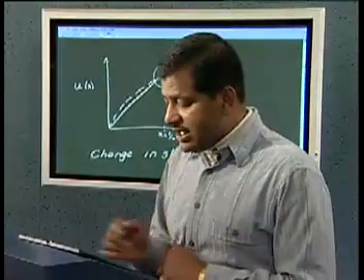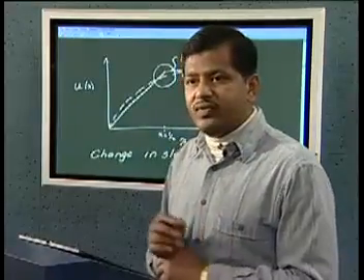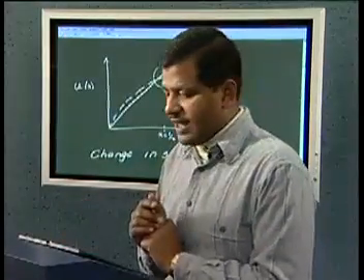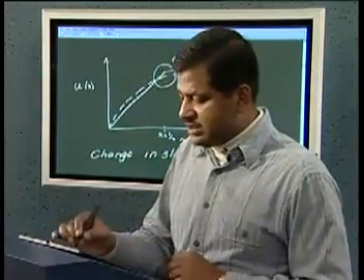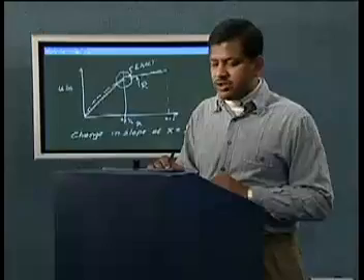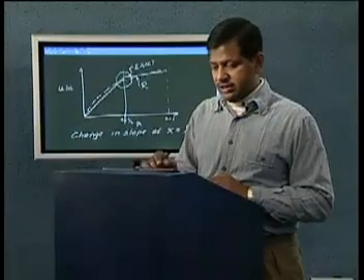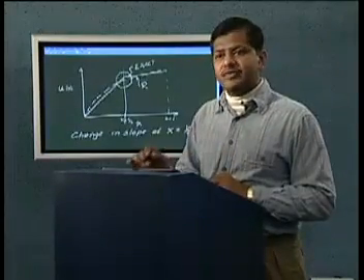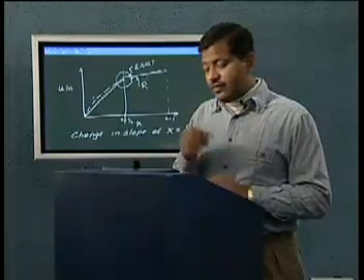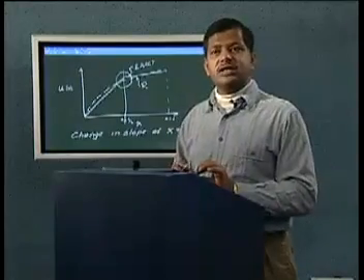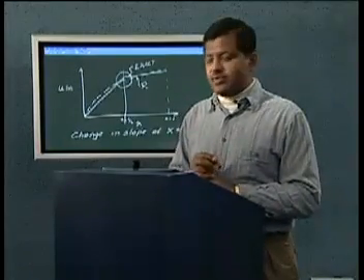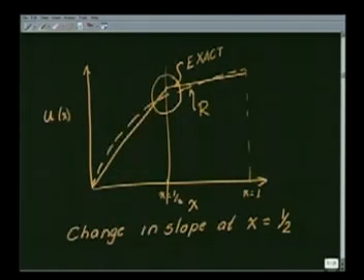The answer is quite obvious: in the Rayleigh-Ritz method we are trying to fit a polynomial over the full domain, while the solution, as you have seen, is a piecewise polynomial. That is, in the region x equal to 0 to half, it is a polynomial, which in this case is linear, and in the region half to 1, it is also a polynomial of a different slope, which is also linear. So somehow in our approximation, in the choice of these phi's, we have to build in this kind of information, that is, we should choose phi's which can reproduce functions which are piecewise defined.